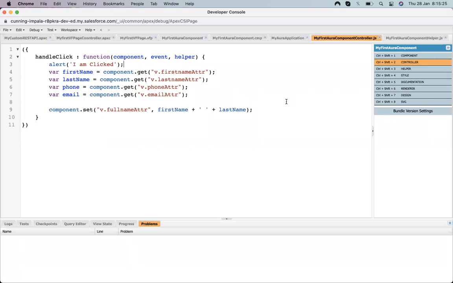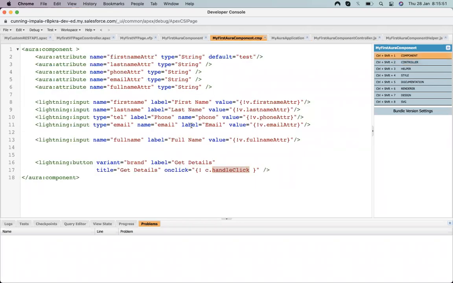This one is only used for my first hour component, isn't it? I'm telling you, this component controller is used only for this component. Yeah, only for this. Okay.